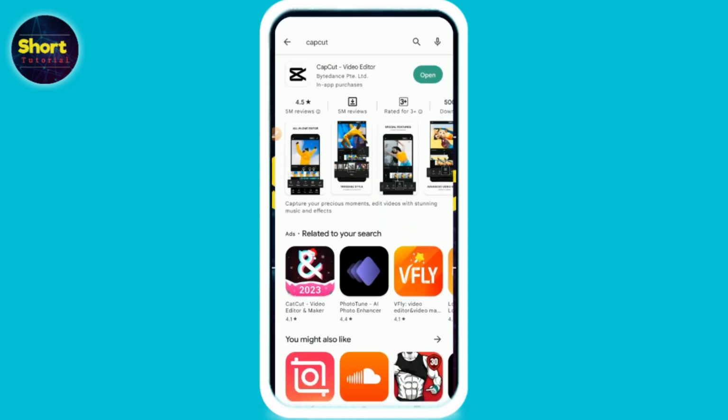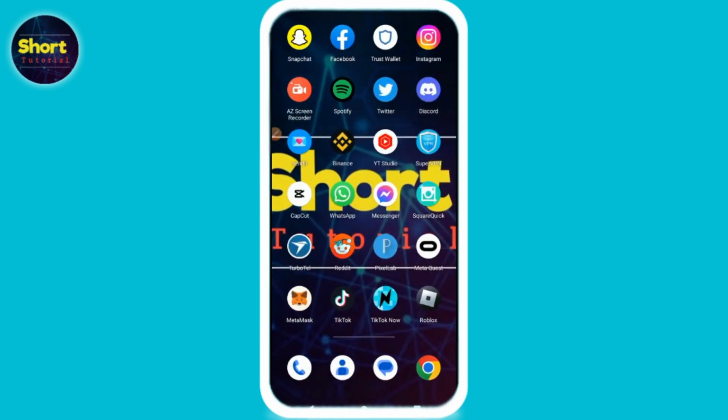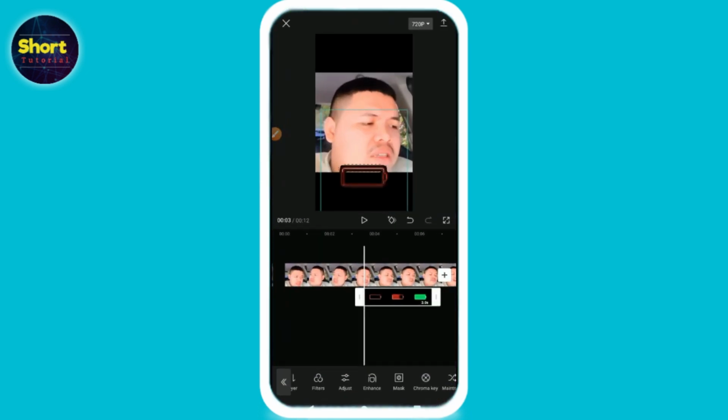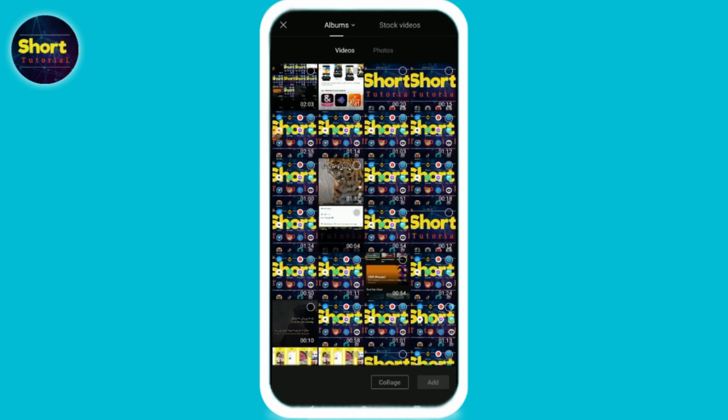First of all, you have to open your Play Store and search for CapCut. Once you search for it, simply download this application to your phone. Once you download it, open it, and click on this plus icon, and now you have